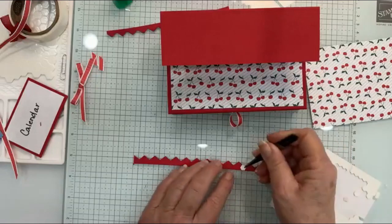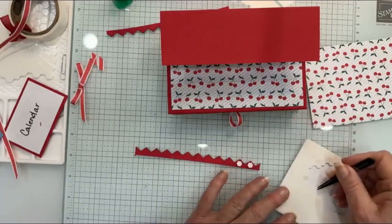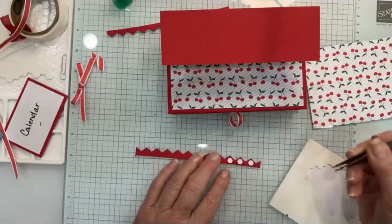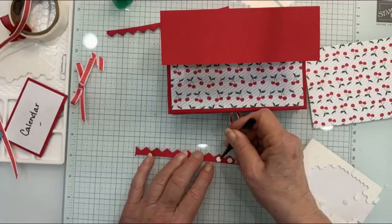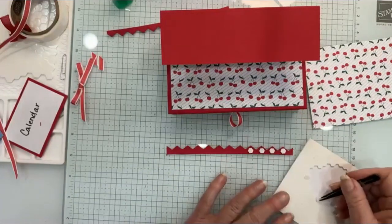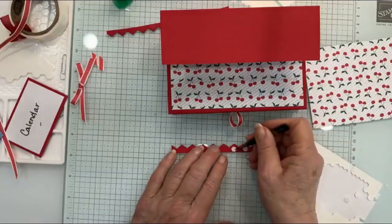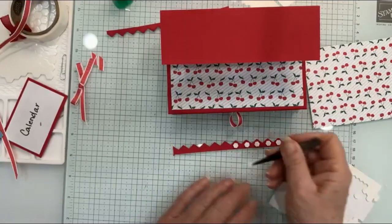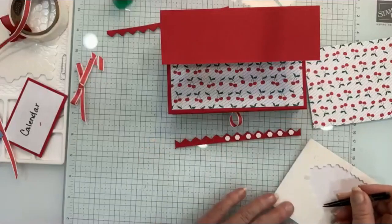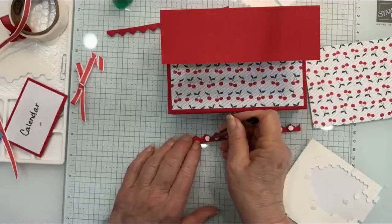Whoops, I only want one there. And I'm going to start here, and I'm just going to put it everywhere because I want it to stay really well, and I want it to hold my little top up there. Whoops, didn't get that one down. That's about a zillion